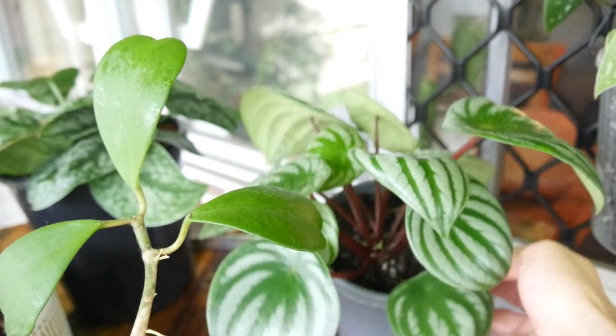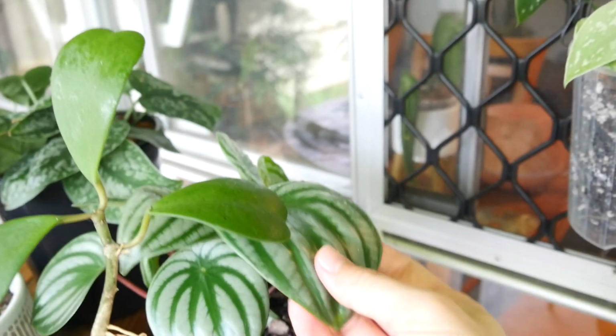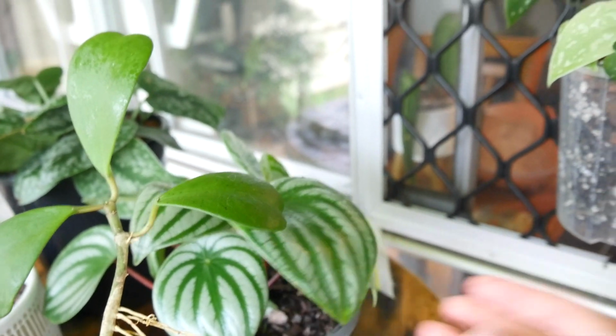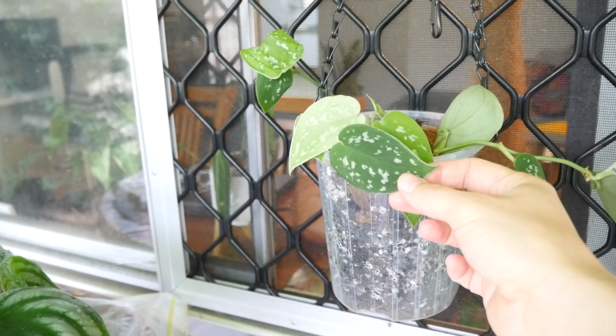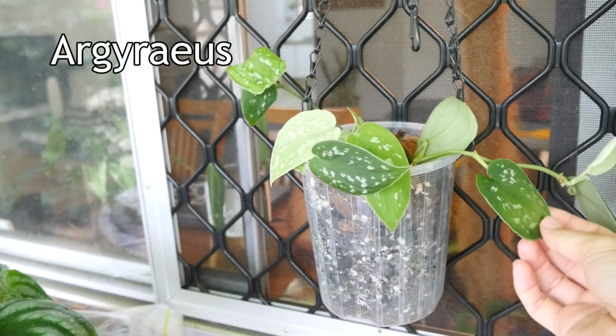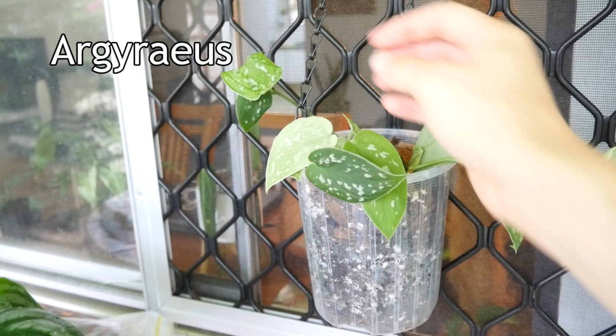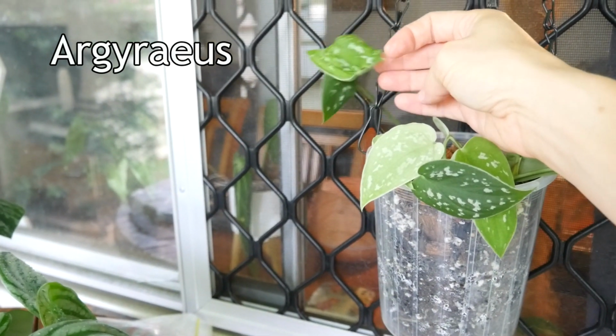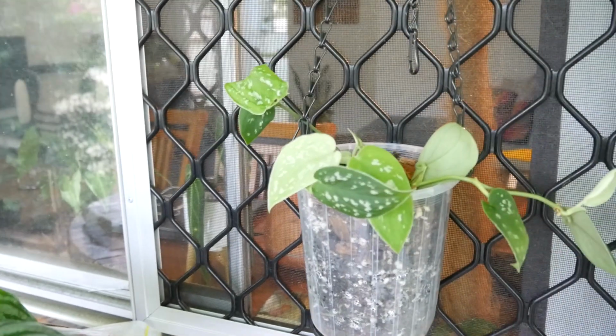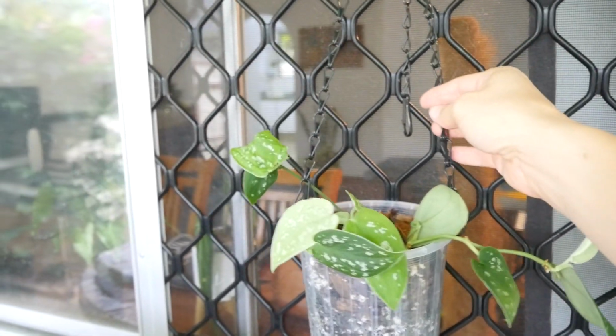His leaves are just stupid big. Like, what is that? It's massive. This is another Synapsis. It's the Argyria. I'm gonna stop struggling with that. Look at this really, really messed up leaf. What happened there? Anyway, I got it in a swap as well,